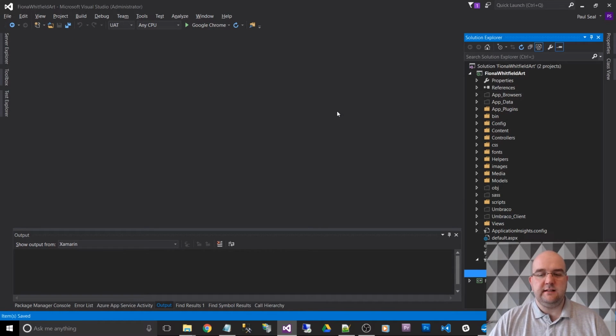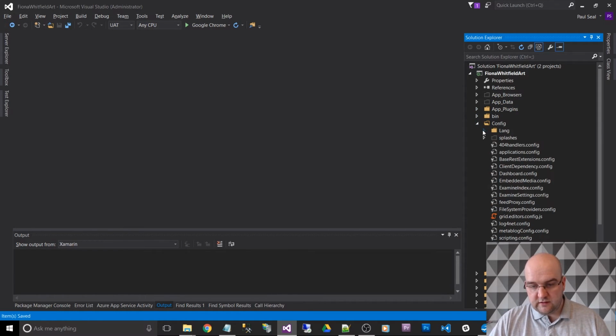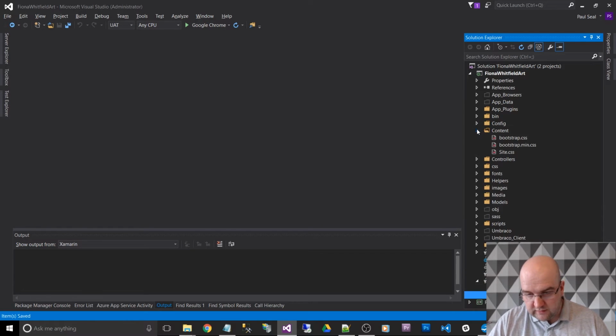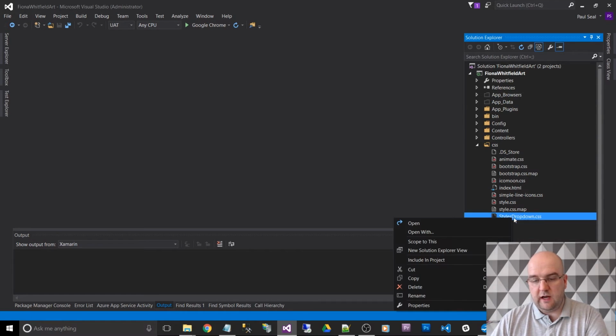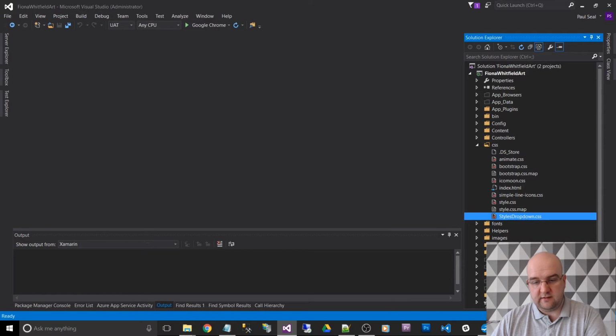So the next thing I need to do is make sure I've got all the files that I need for publishing, because it can happen quite often that you publish something and then you find out it didn't publish all of the script files or the images or the style sheets. So the best thing to do is just go through the folders, having a look for any important files that you're going to rely on that aren't included, like this one here, styles drop down. So I just need to right click and include that in the project,